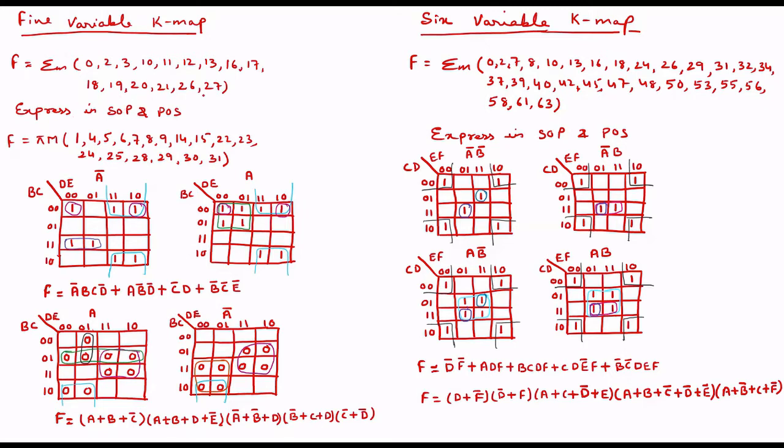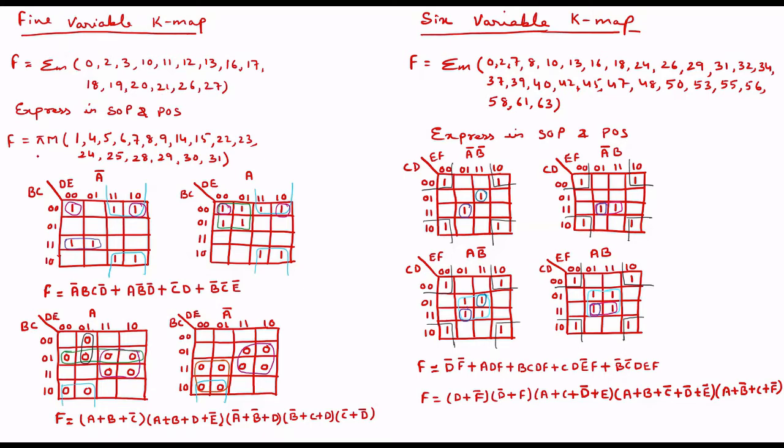You can see over here the highest value is 27. Since the highest value is 27, it is a 5 variable problem, not 4. 5 bits are needed to represent 27. If 5 bits start from 00000 till 11111, the range is from 0 to 31. So the numbers which are missing over here are a part of pi of M.